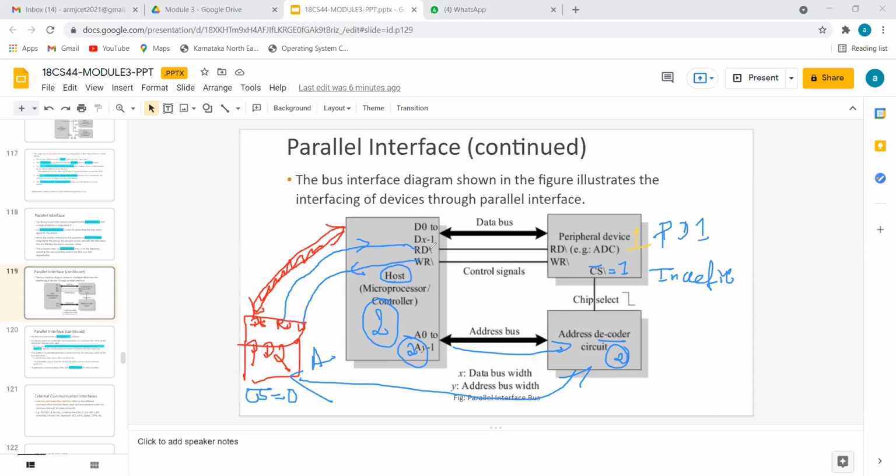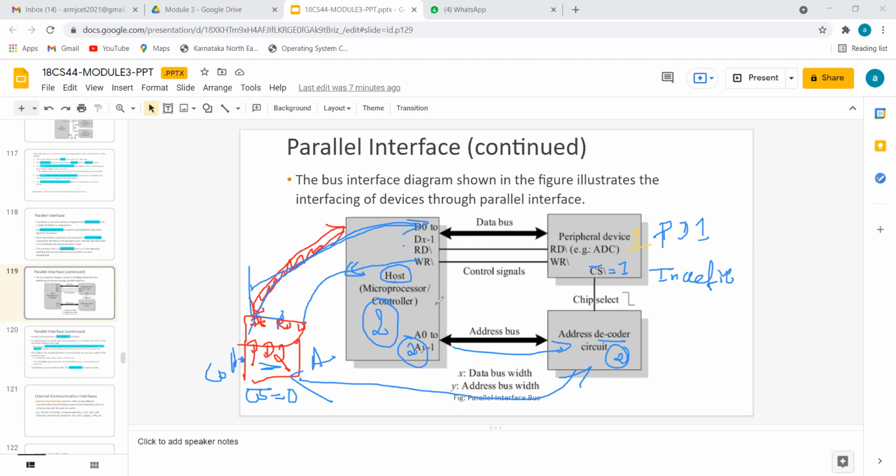He will send information first whether he wants to read. If it is a read, then definitely write will not be active. So read means PD2 is ready to give the data, so through this data bus, data is collected because it's a read. If it is a write, definitely this cable is off, so only in this direction is the data cable present, and it is ready to collect the data. Through this cable, it will send the data in this direction.